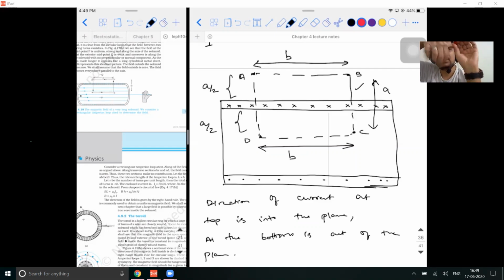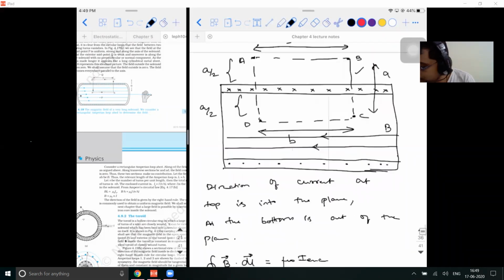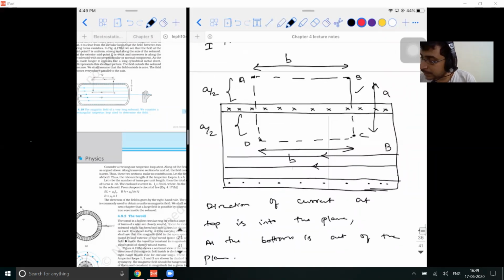So place the thumb in the direction of current and curl the fingers as if you are holding it. So it will be in this direction. It will be towards me. So when this is happening, it will be like this. So the magnetic field will be in the leftward direction, like this. Okay. So this is the direction of magnetic field. Only direction of magnetic field possible. So what is the direction between the magnetic field and direction between AB?